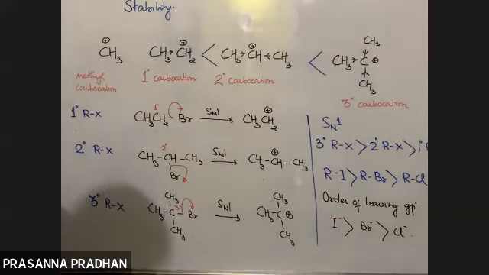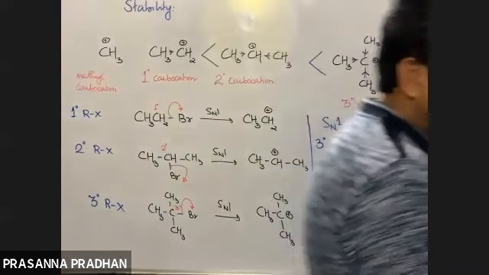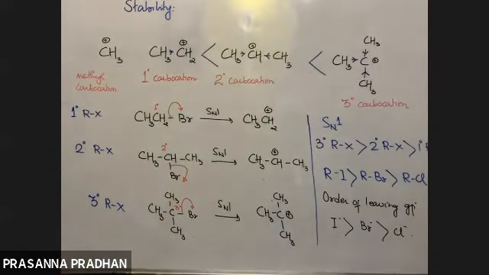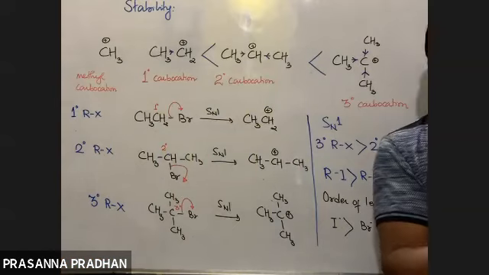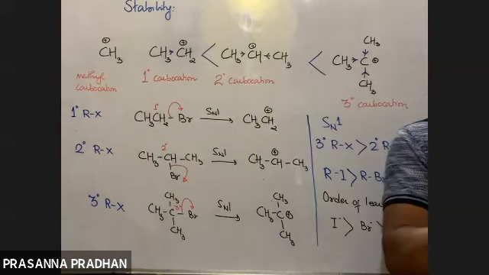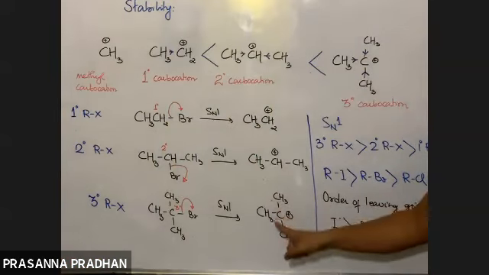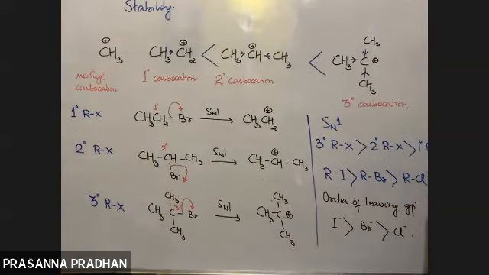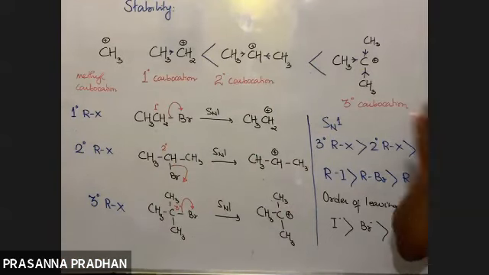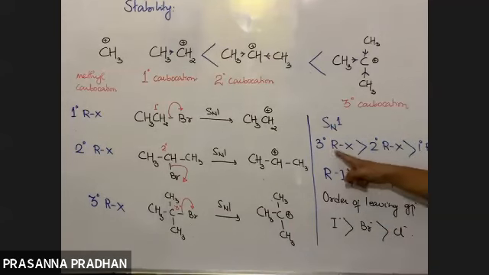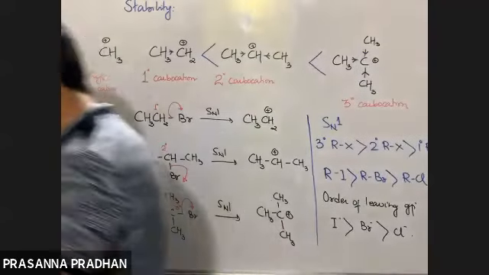So we have studied so much in detail, but all these will conclude to a single line concept. What is the single line concept? The reactivity towards SN1 reaction depends upon the stability of carbocation. Those alkyl halides which give a stable carbocation will react most readily by SN1 mechanism. And we have studied a 3 degree alkyl halide gives us a 3 degree carbocation, so its reactivity will be highest, followed by 2 degree, followed by 1 degree.